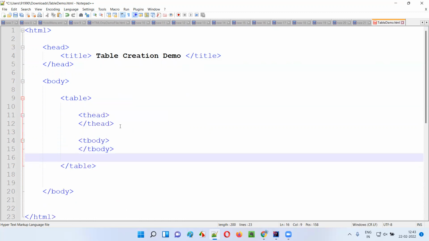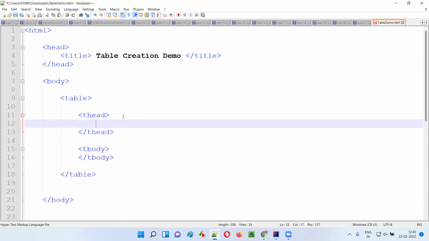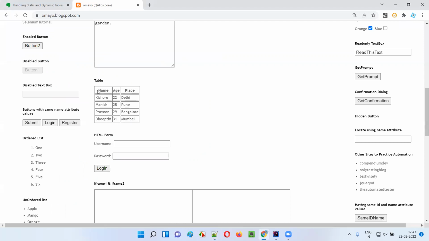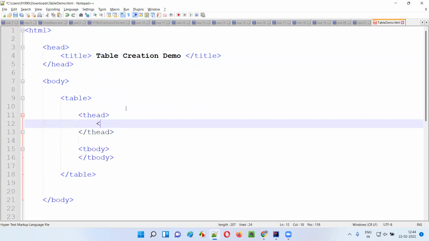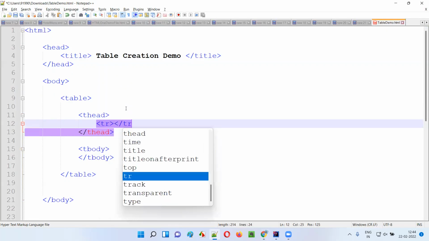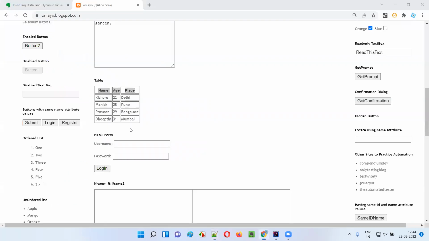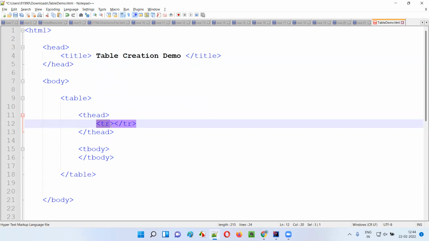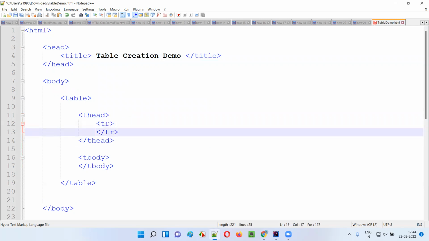Now inside the table head, I'll create a row. Let's look at this table. This is the table head and this is the table body. Now let me create the table head, this part. For that I'll say tr and /tr. That is the first row. tr stands for table row, a short form of table row. So inside this first row,